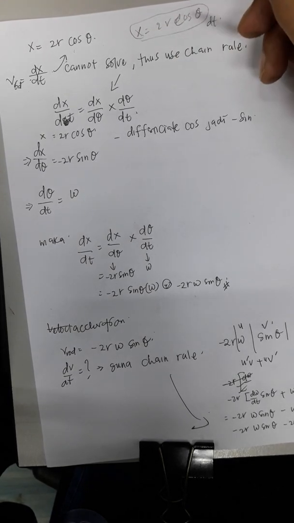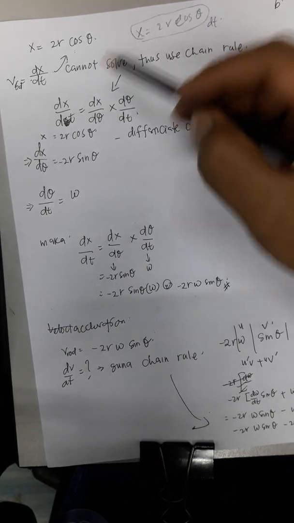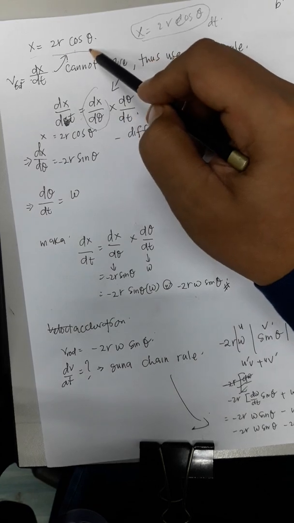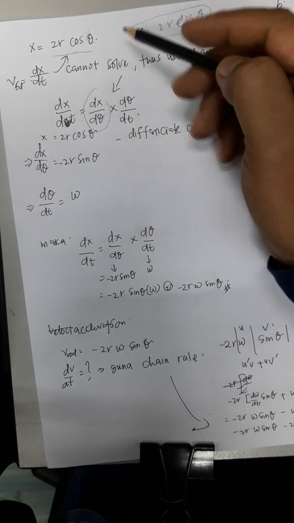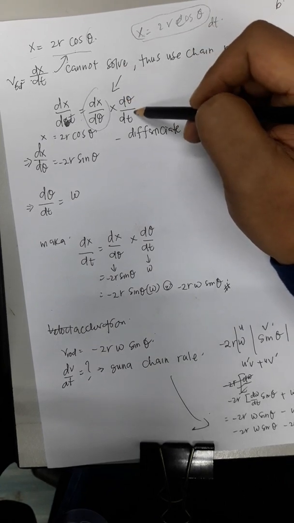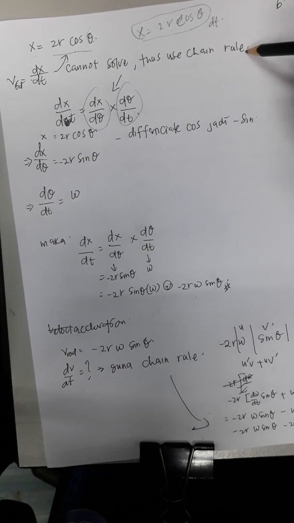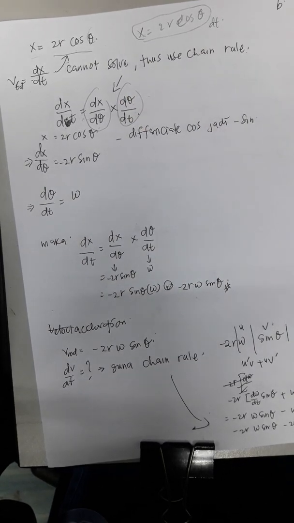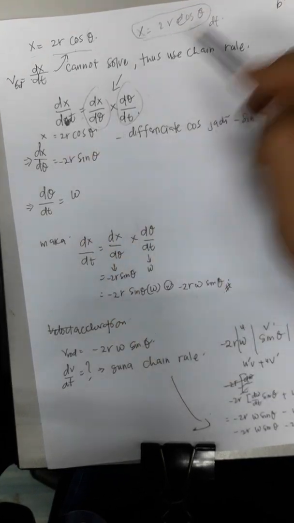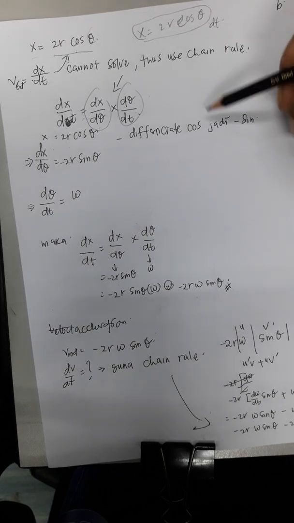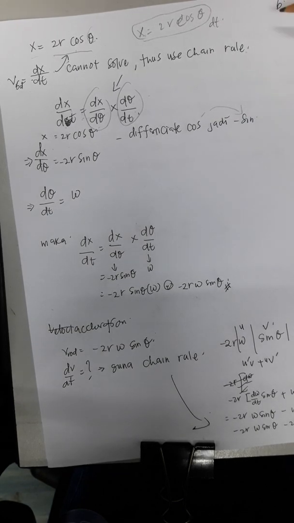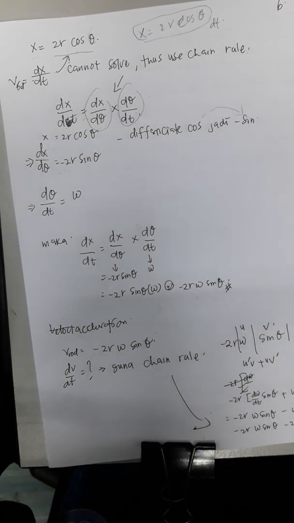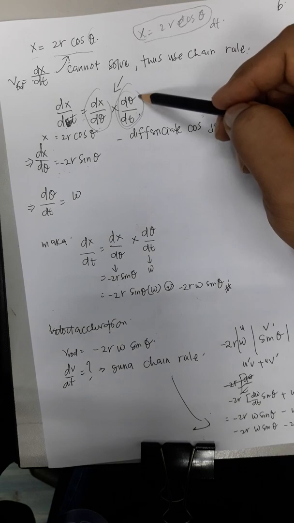So what we have to do is use the chain rule. So dx over dt equals dx over d theta. Why dx over d theta? Because this is x and on the right side is theta. So we have to differentiate with respect to theta, and another one, we differentiate d theta with respect to time. As I repeat again, dx over dt equals dx over d theta multiplied by d theta over dt, by using the chain rule. So x equals 2r cos theta, and when I differentiate cos, it will become negative sin. So dx over d theta will be equal to negative 2r sin theta,